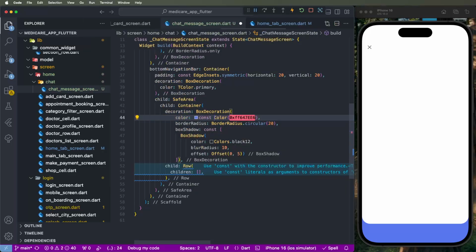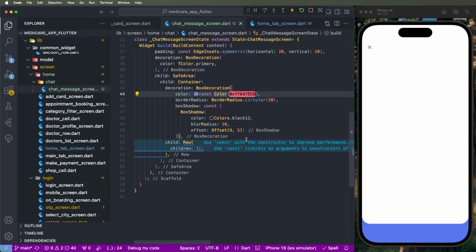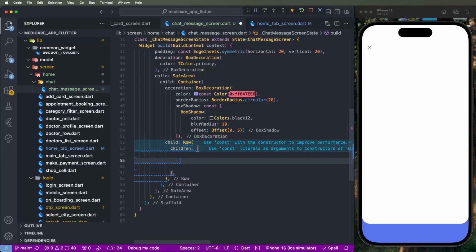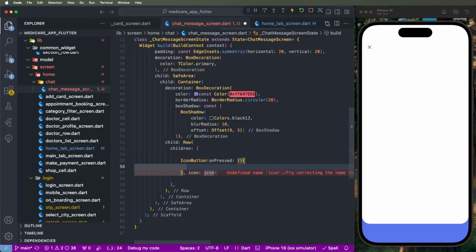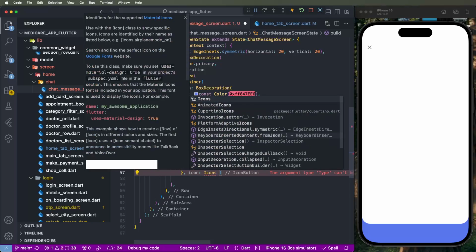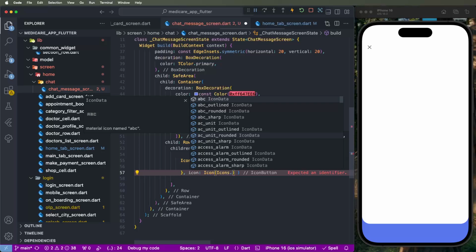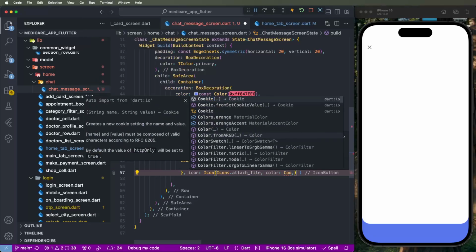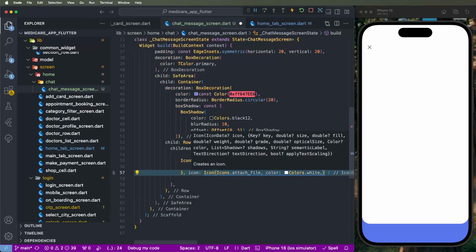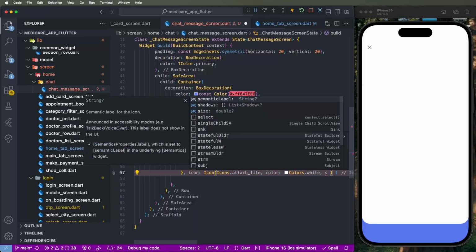Light blue we need to set here, save here. Now first of all making here the attachment buttons, icon buttons we need to put here on press event. Set here the icons dots, we need to write down here the attachment, attach file. Set here color whites, and we need to set here the size